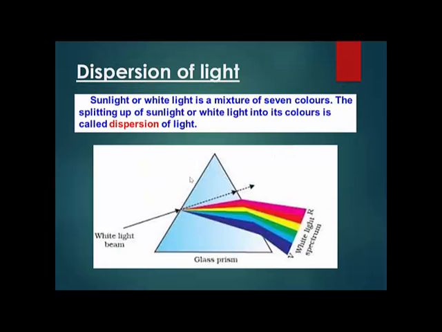Now that you've understood multiple images, let's also cover a different topic in this chapter, which is known as dispersion of light. First, let us understand what dispersion is. The spreading of something. Suppose in your assembly, you're standing and praying, and your assembly is over, what do we say? All of you disperse. All of you disperse means all of you go back to your classes. All of you spread out. That's called dispersion. So dispersion of light means light also gets dispersed.